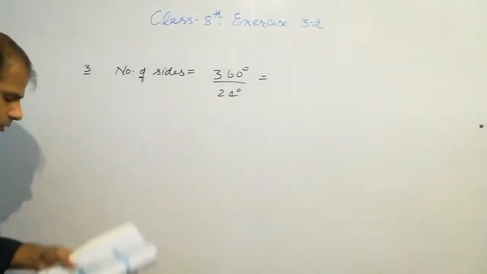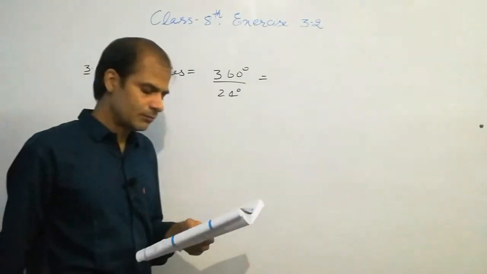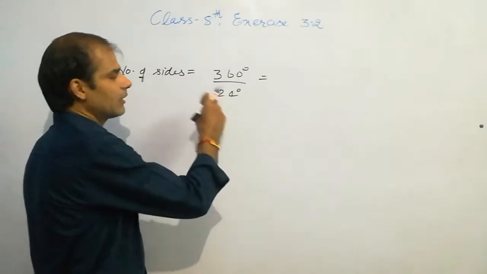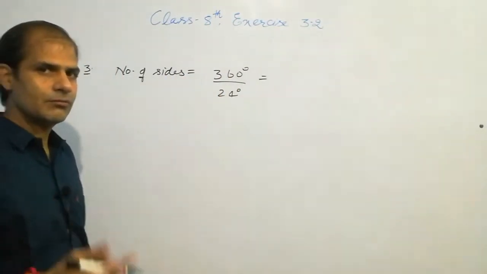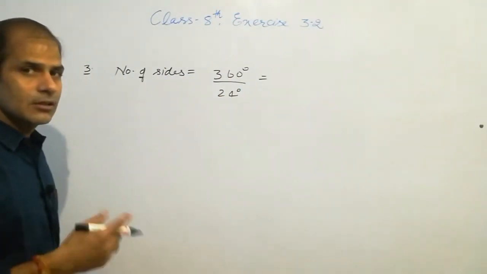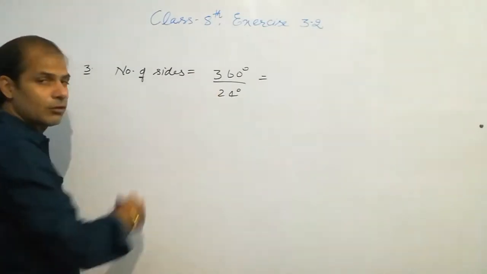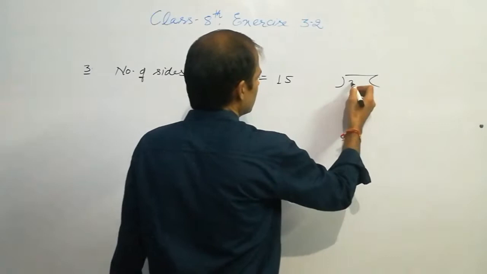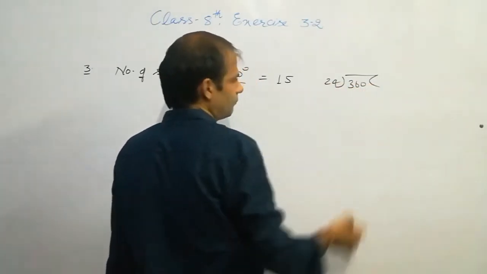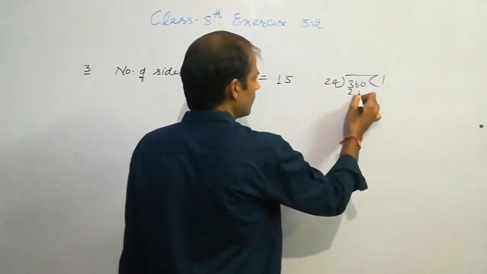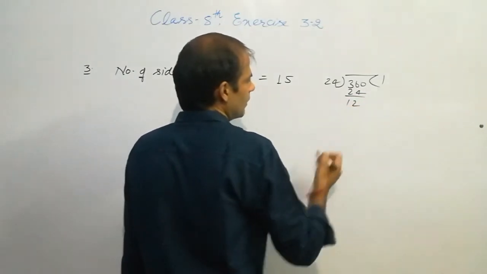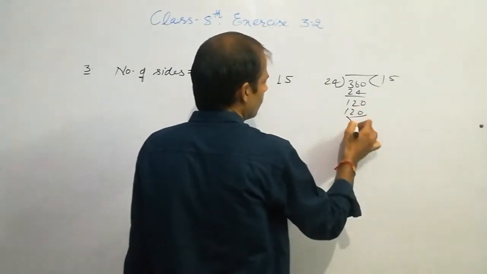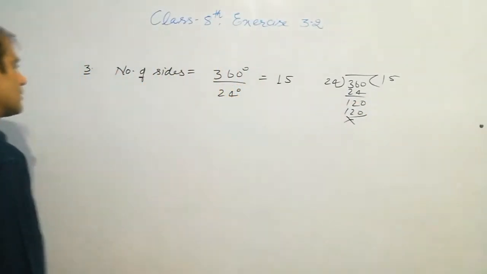So in the second question we solved, if we divide 360 degree by 15 we get 24. So if we divide this by 24 we get 15. Obviously you can check. So here is the division. It is rough work. 24 ones are 24, the remainder is 12, take this 0, and 24 fives are 120. So the answer is 15.